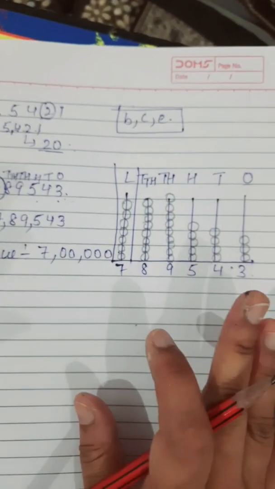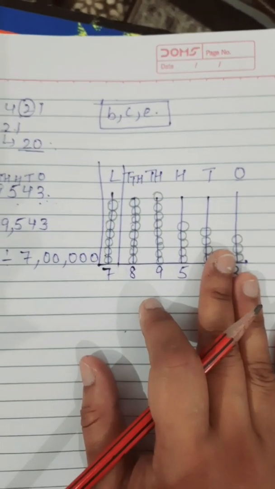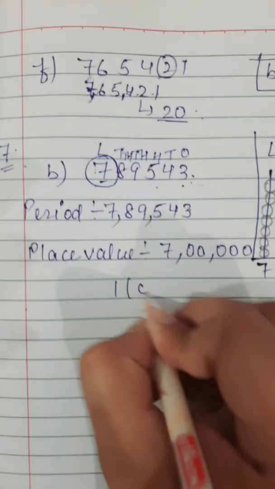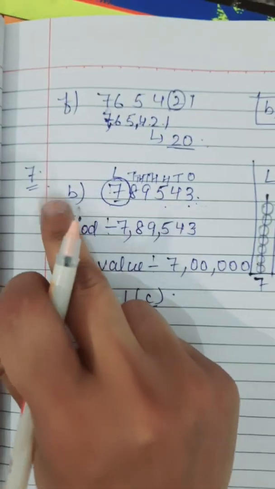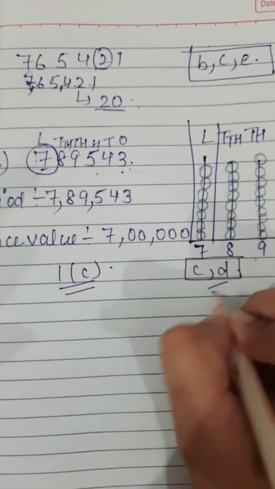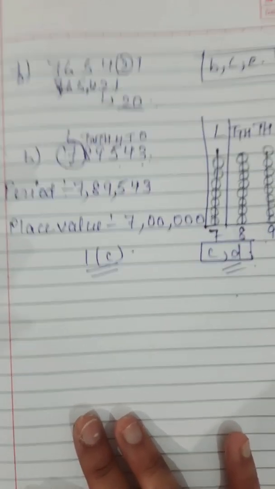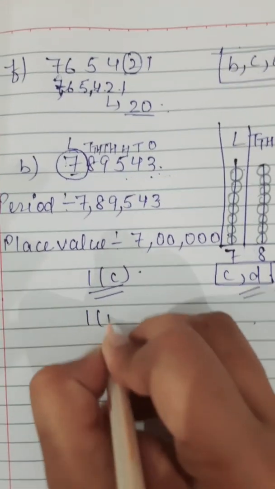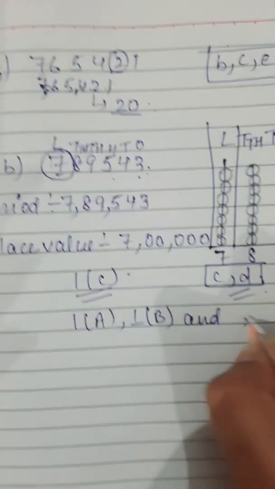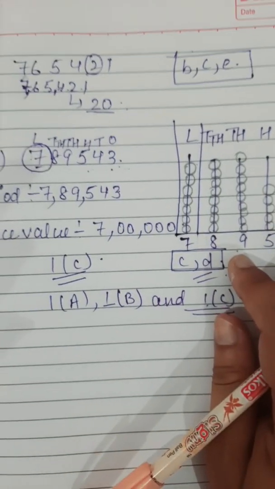So this is how you have to draw the abacus in your fair notebook, and you have to complete 1C also in your fair notebook. Last question number 7, C and D part you will do on your own. Okay, and tomorrow during Google Meet class I will ask you a few questions, and make sure you complete 1A, 1B and 1C in your fair notebook. And if you have any kind of doubt, we will discuss during Google Meet class.